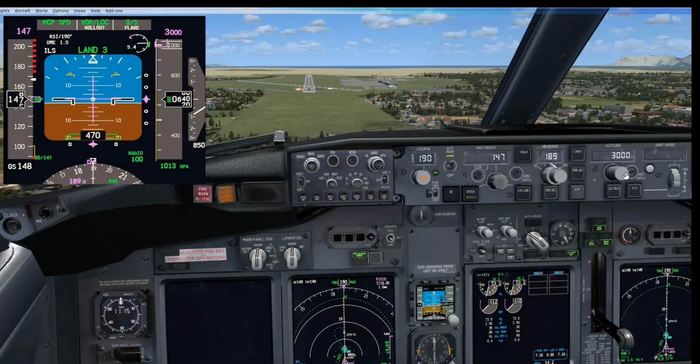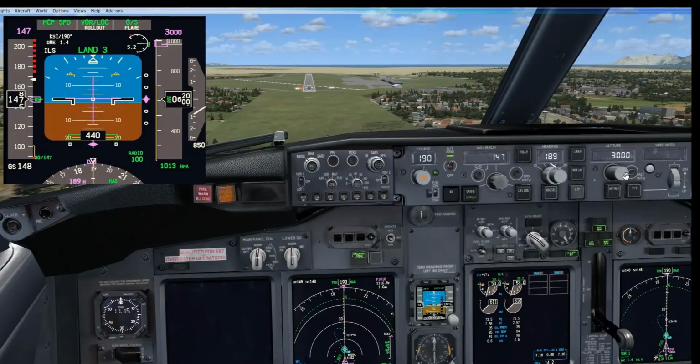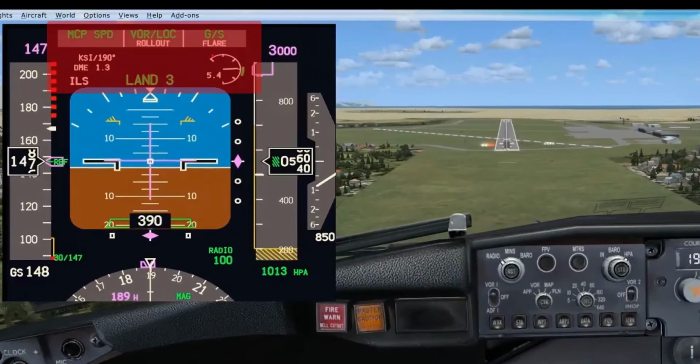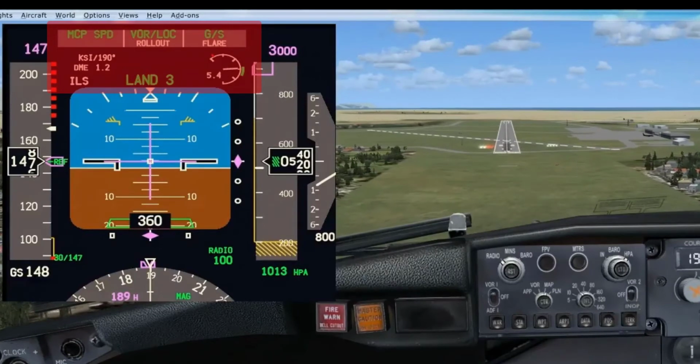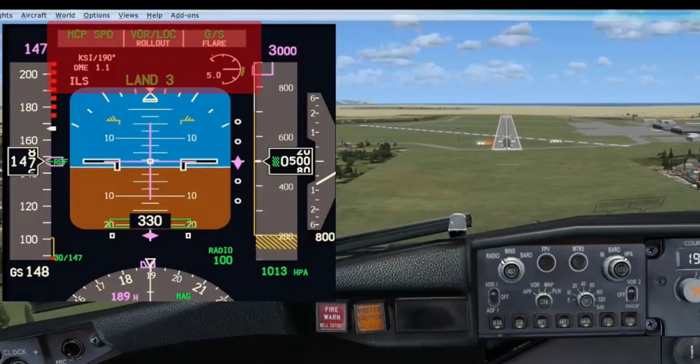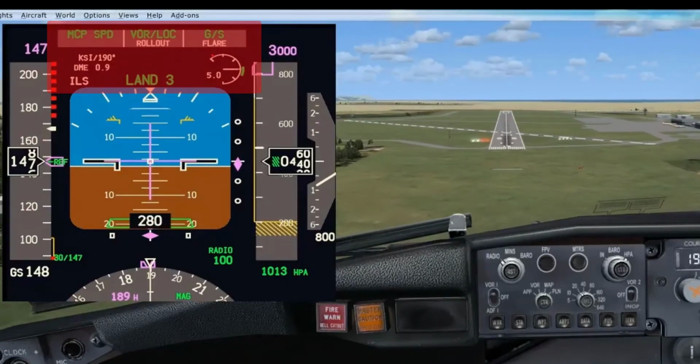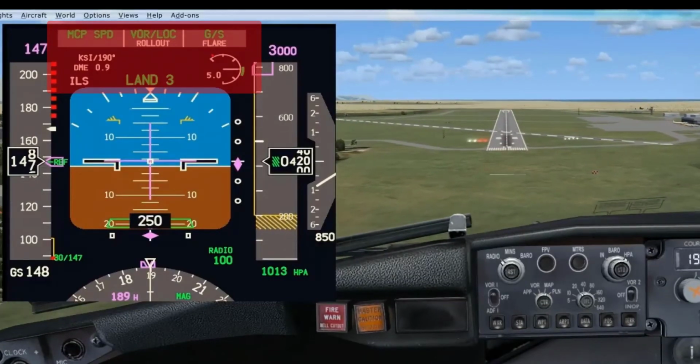You can see that all those criteria have been fulfilled, and on the PFD you can see that land 3 means auto land is set, and in white on the FMA you can see that the aircraft is going to perform a rollout and flare.